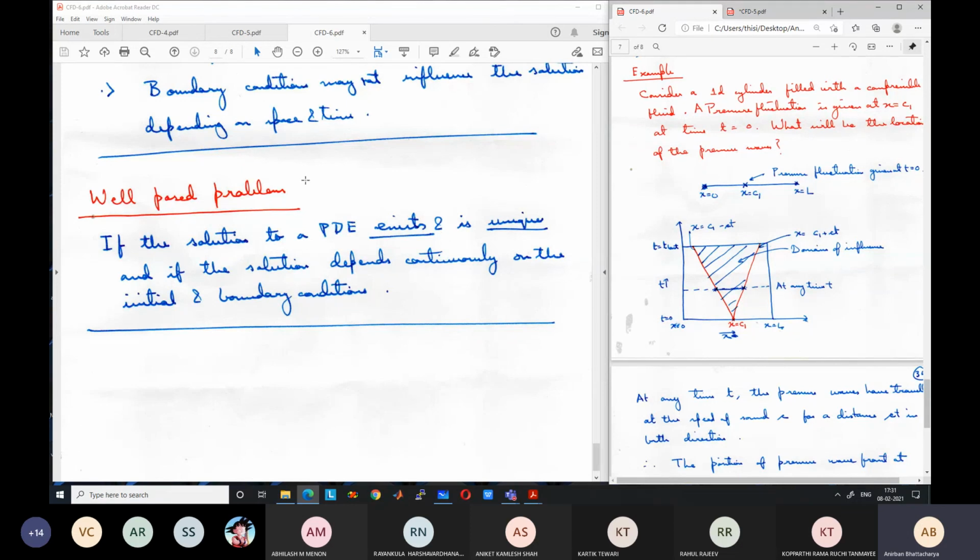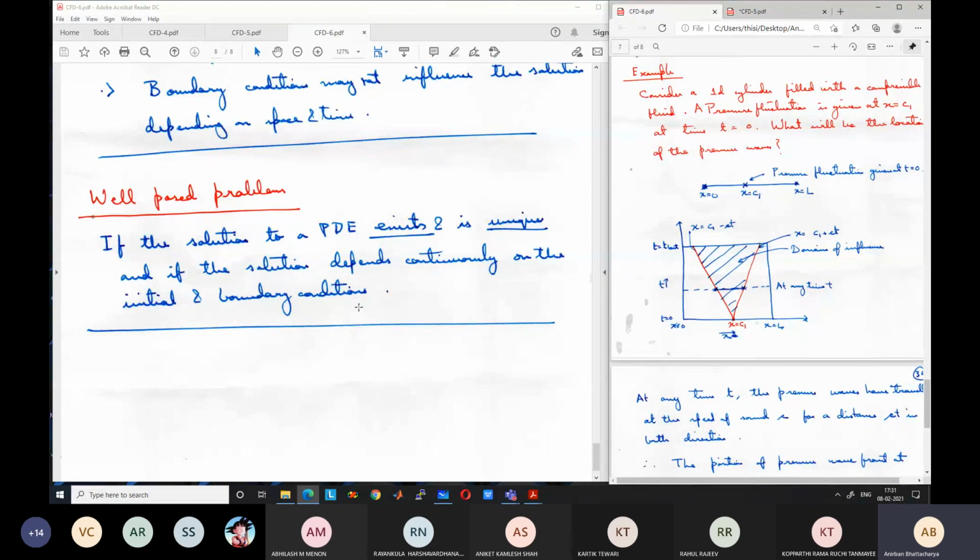We should just remember this; you don't have to memorize the definition. CFD problems are governed by PDEs, which in many cases may or may not have solutions. In certain cases they will have a unique solution, meaning a single PDE does not have three solutions. Otherwise, how will I know the temperature if I get three values for a point? So if I obtain a unique temperature value at each point, and it changes with boundary and initial conditions, then the problem is well-posed.